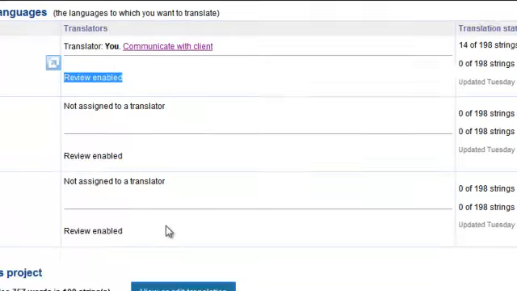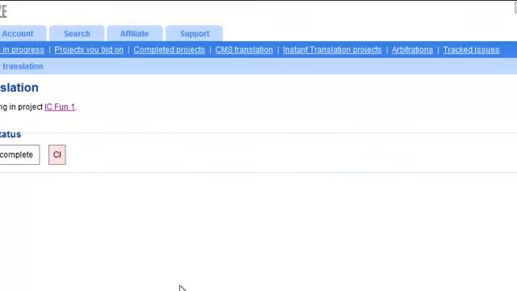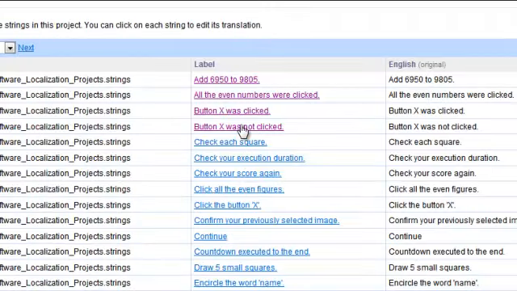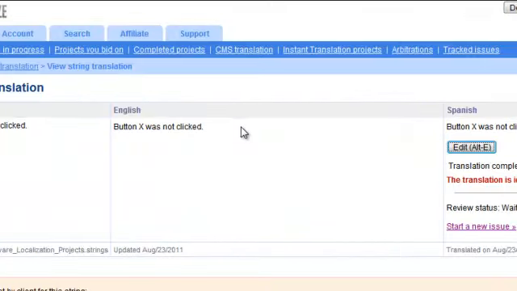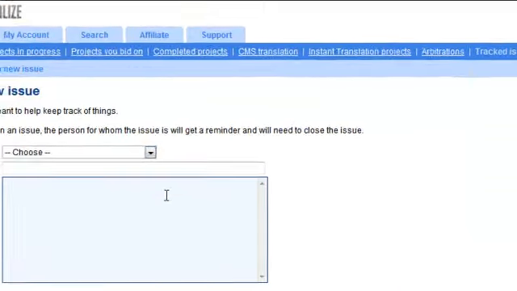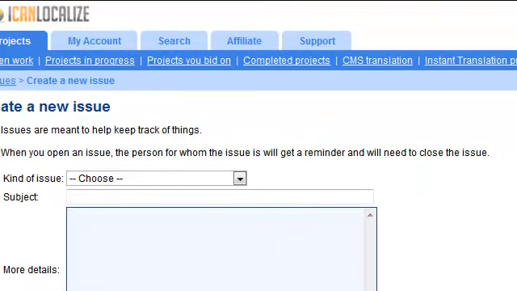You have access to the project in the same way as the translator, and you can also open issues for any string that you see there is some problem, whether it's incorrect translation or suggestions. You click on Start a New Issue, and the reviewer has the option here at the bottom. You will see a menu to select if you want to open the issue for the translator or for the client. The translator needs to respond, and you need to work as a team to provide the client with the